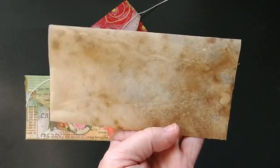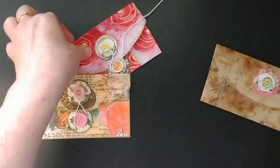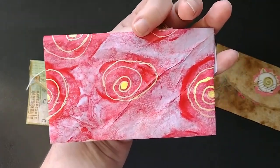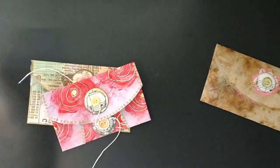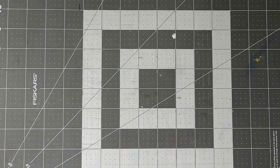The back of that one's a bit plain, but I kind of like this one because I think I'm going to stick it into a journal somewhere. And then that one with some paint and a marker. So I'm going to put this aside, and where am I going to put it? On the floor. There we go. And just show you how